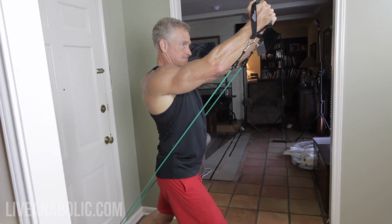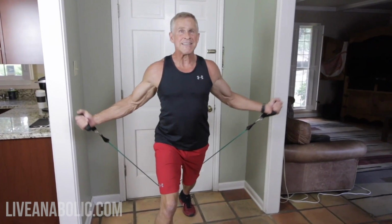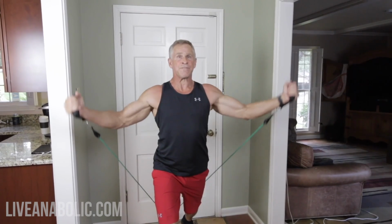You put that anchor down low, and then your hands start off low, and you bring them up high towards your face, and then back down. These are like doing incline flies. When you do that, you move some of the emphasis towards the upper part of your chest, and that's how we work tons of different muscle fibers in our pecs from lots of different angles